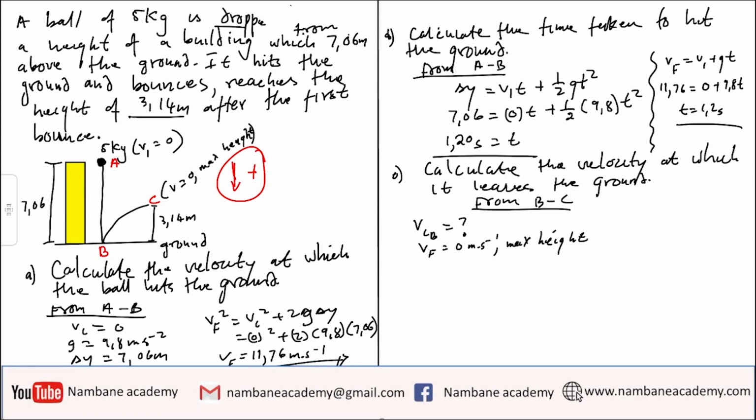What else is given? Delta y is given, 3.14 meters. What else do we have? We have g, which is equal to 9.8 meters per second squared, which is now just our easy, nice constant. Let's check what they are asking us. V initial. So the equation that I must use,